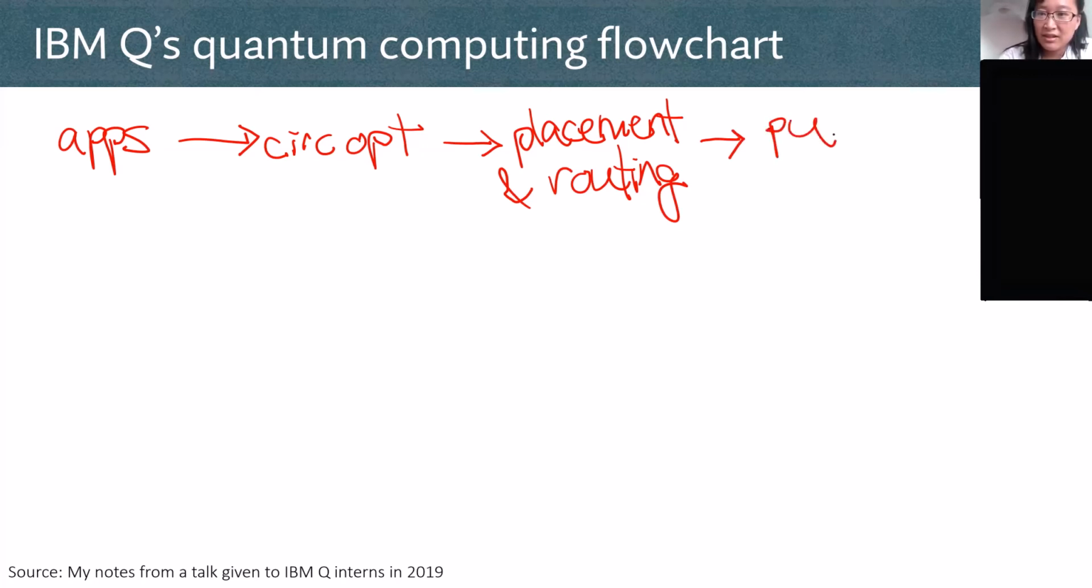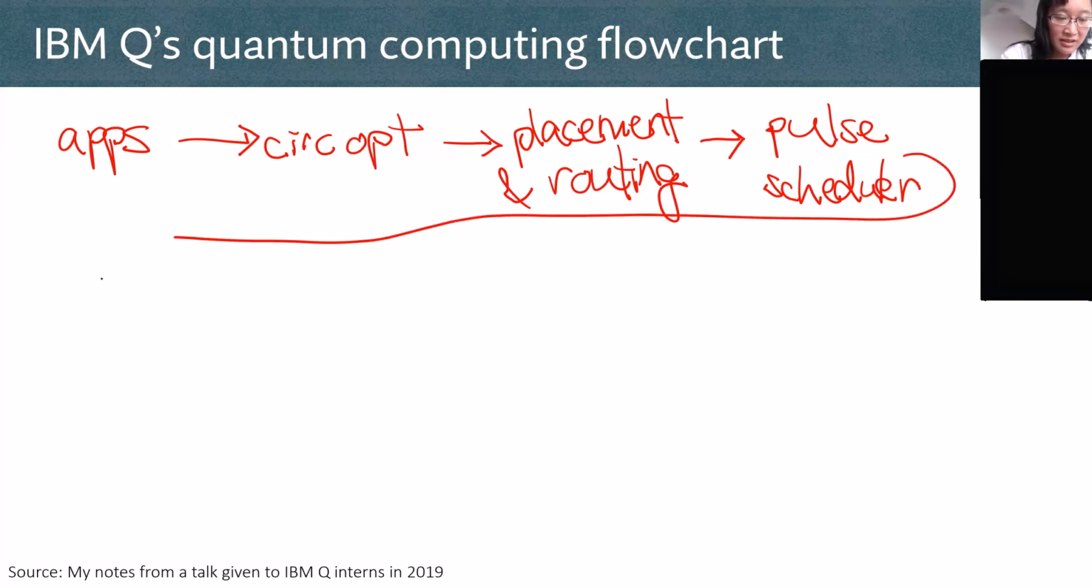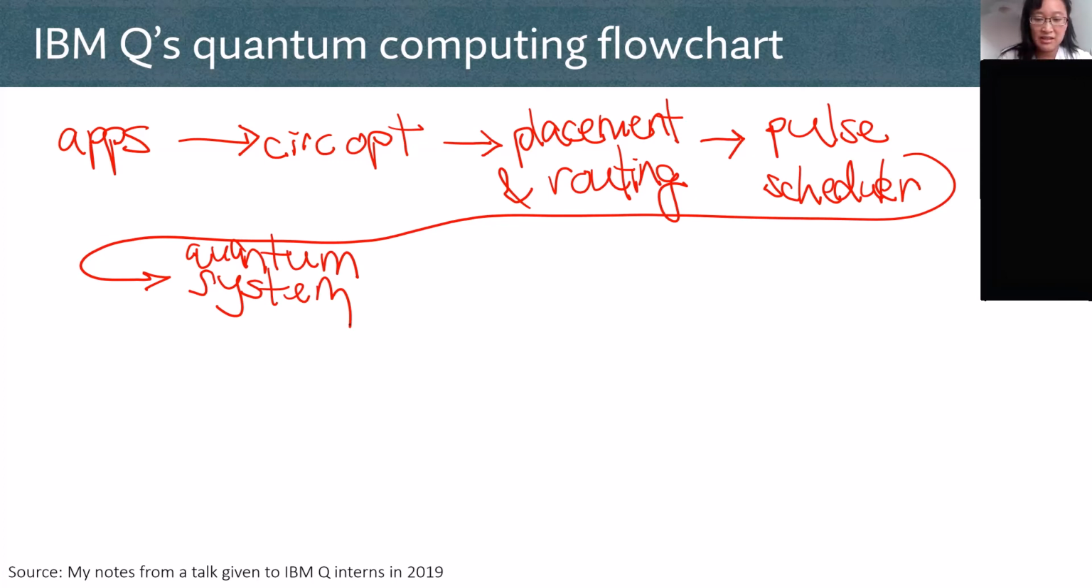And then you have a pulse scheduler. So the gates are defined in terms of pulses, but then each gate might be more than one pulse. And you can optimize at the pulse level as well with Qiskit Pulse. And then actually I'll go this way. Then you have your quantum system, which is like your device and controller. So this flow that I've drawn so far is mostly, the applications would be Aqua, and then everything else is probably Qiskit Terra. But then you also have a synthesizer,